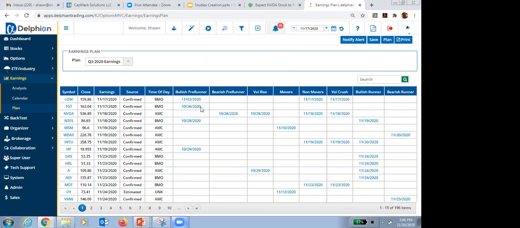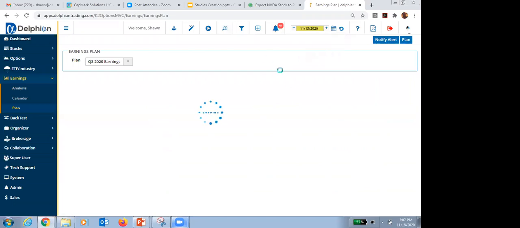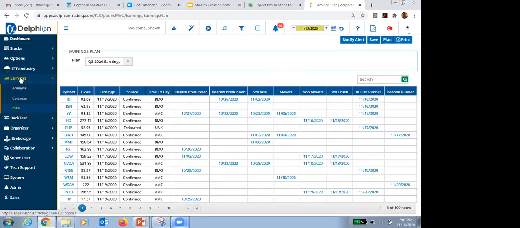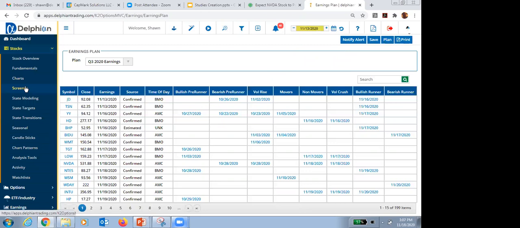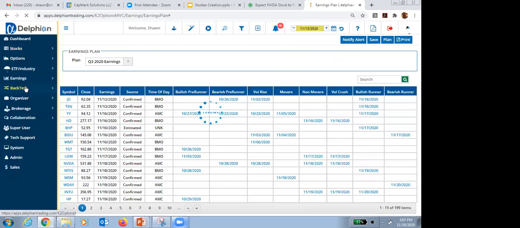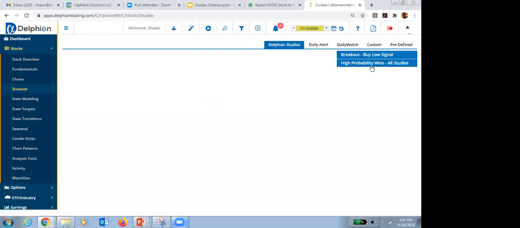So I don't know if Josh showed this earlier or not, but some of the studies have come out recently, and we are able to see some more of the statistics come out on the study. So I'm going to go back to the 13th, which was last Friday. And since we added all the new options into the account, into the Delphian platform, and some changes like that were made,